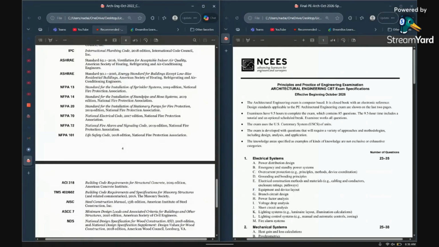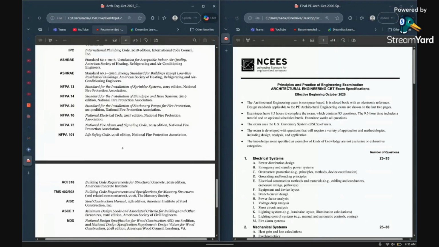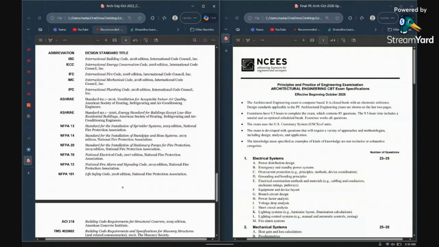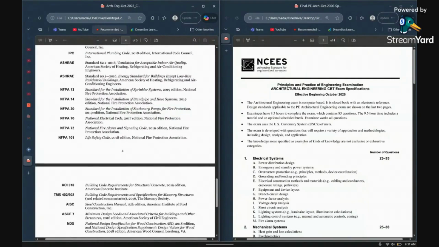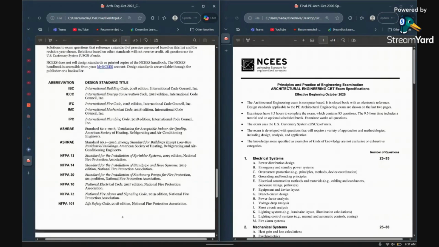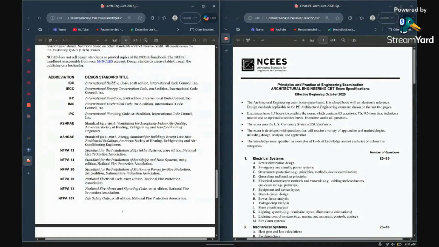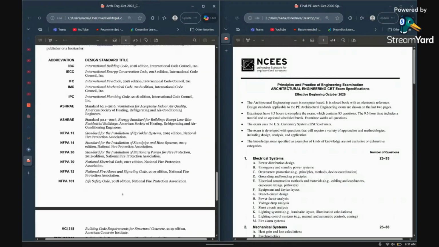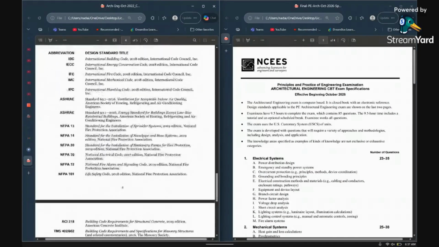And now some of you may be asking, did I see or use all of these codes during my exam last year? I used the NDS, I used the ASCE 7, I had all the codes and I studied with all the codes, and most of them showed up in my exam. There was a question from the NFPA that really dogged me. I think I missed it, but regardless, I passed the exam, so I was extremely happy. So those were the codes and standards for the previous exam.